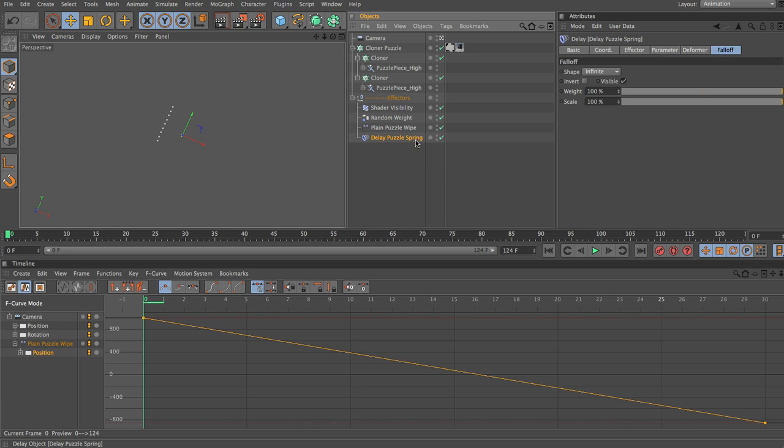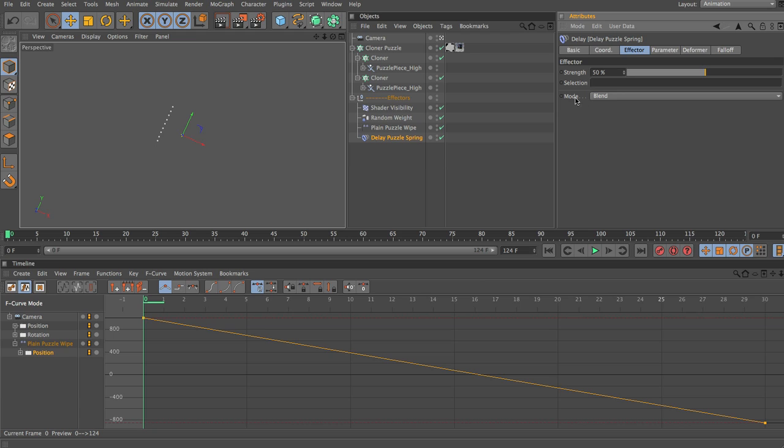Now by default the delay effector under the effectors tab is set to mode blend, so what that will do is it will blend between the positions or the rotation values etc that you've set or that you've controlled with your previous effector. And what I want them to do is have a kind of spring effect, so they just oscillate a small amount when they land in place. It will kind of give the piece a little bit of inertia, and you can overdo this effect, it's quite well known. But if we just use that kind of subtly, it will definitely add a little extra to our animation.